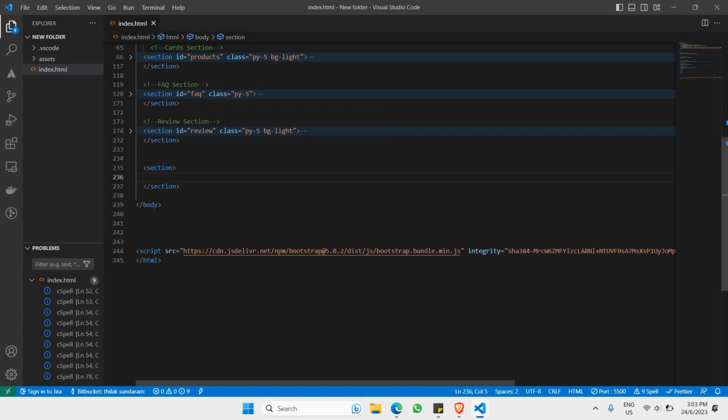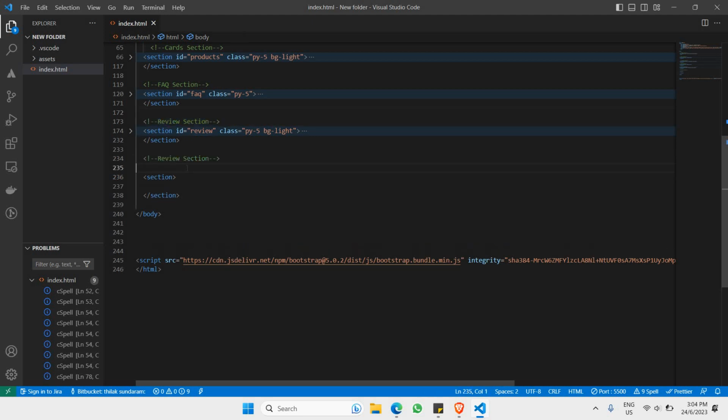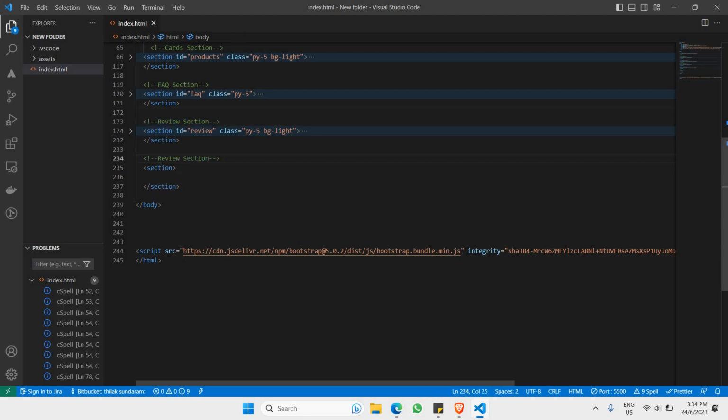Usually a website will have a particular place or section where customers can input their details, and these details are mostly meant either for subscribing to a newsletter or for giving feedback to the website. So in this case, I'd like to add something like a feedback section to our page. I'll label it feedback section,